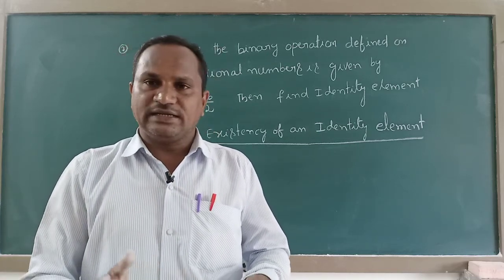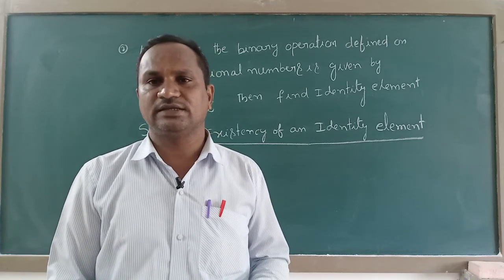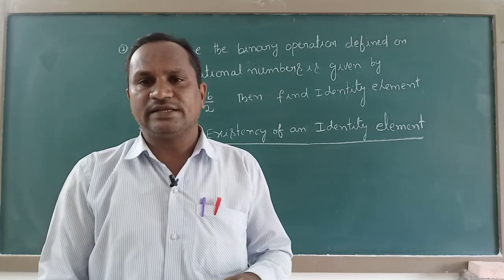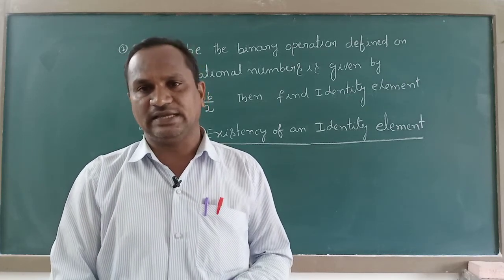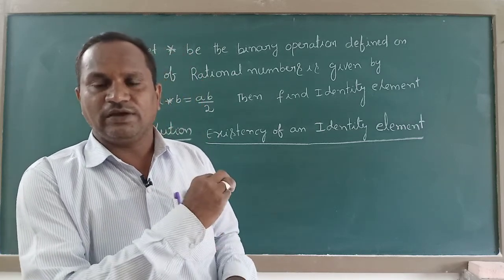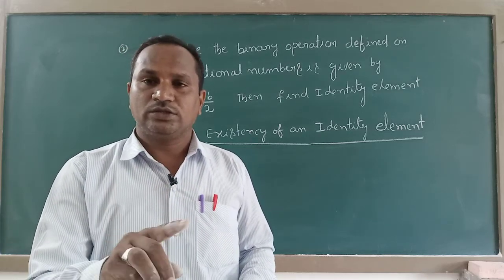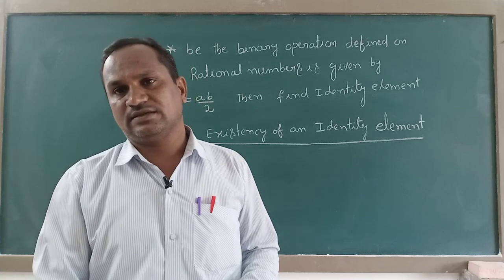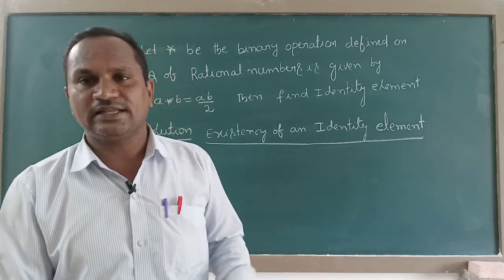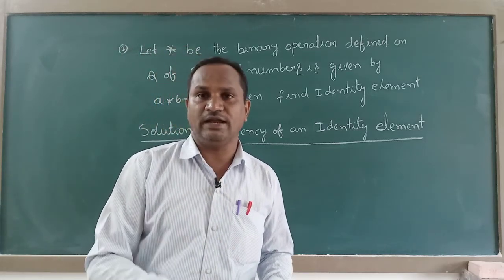Otherwise, if you are getting different, distinct values for E, then at a time we can easily tell that an identity element does not exist. That's why now we are finding the value for E, which should be one and only one value, the same on both sides. Then only we can consider that to be the value for the identity. Let us check whether it is unique or whether there are different values.